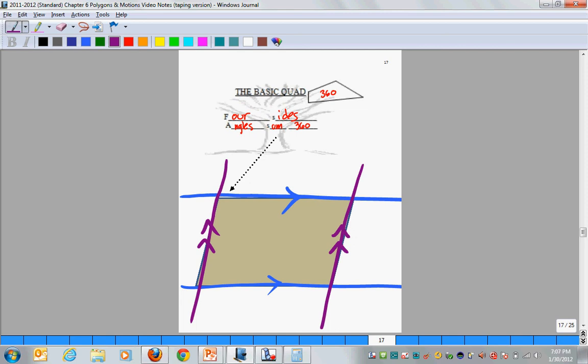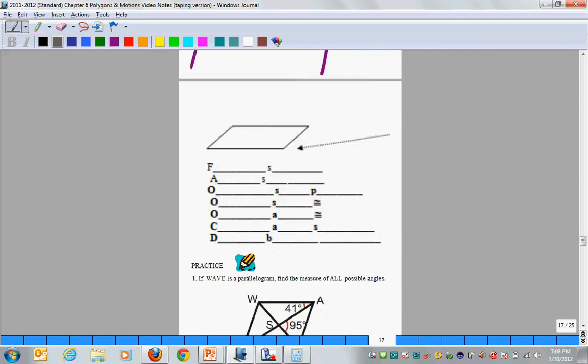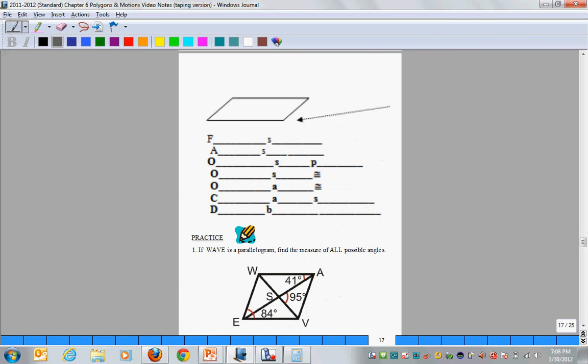Hence the name parallelogram. Opposite sides which are parallel. So a parallelogram has opposite sides that are parallel. Now, because you have two sets of opposite parallel sides, it creates some other qualities, specifically 5 of them. So here's part of our quad family tree, and the 5 are going to be